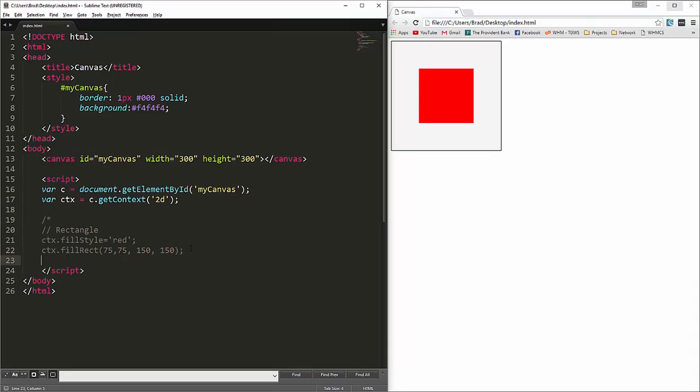We could do multiple shapes, but I don't want it to get confusing, so we're just going to comment that out. Alright, so let's say line. We're going to take that ctx variable and we're going to say moveTo, and we're going to do 0, 0 because we want to start at the very beginning, which would be this